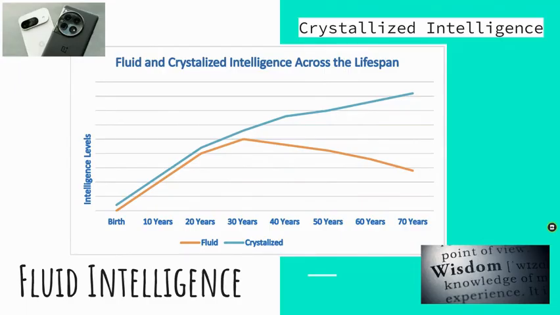In contrast, we have something called crystallized intelligence. And this is our accumulated knowledge that comes from experience. This is that wisdom that older people tend to have. It's when you go to your grandparents for advice and they just seem to understand things in a way that you don't, or anybody who's older than you. It's that life experience that helps you to understand, make judgments, make decisions. And it gets better. We get wiser. The older we get, the wiser we become. The more accumulated knowledge that we have, the more life experiences we have to draw from. This grows, and this is what we should value in those of the older generations.